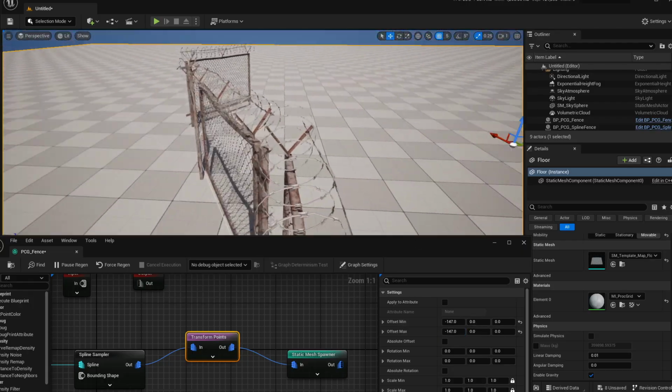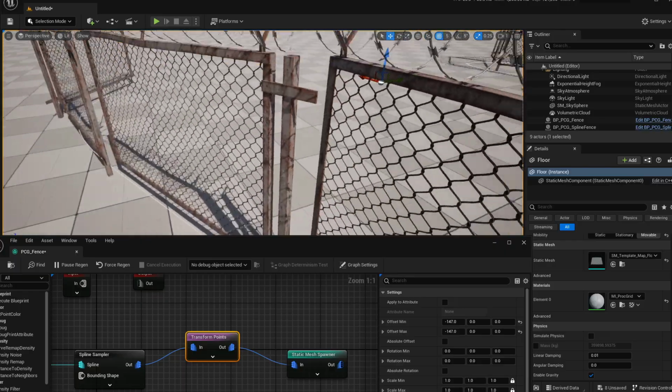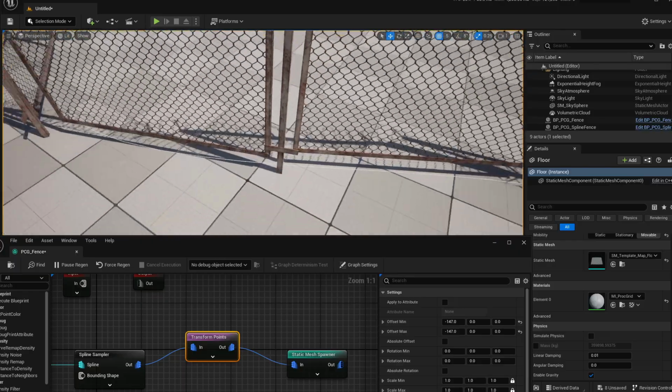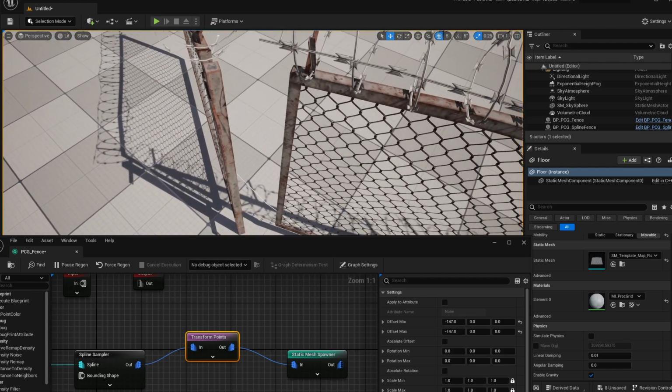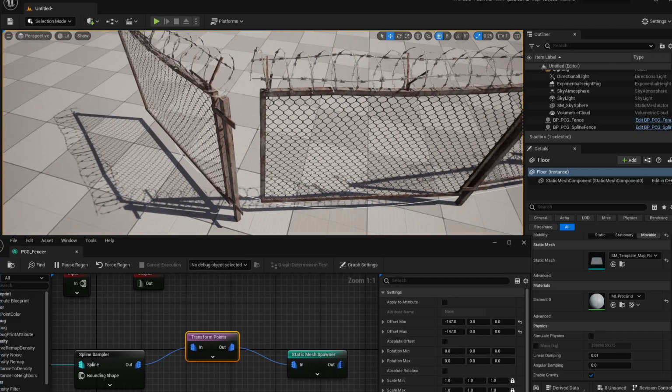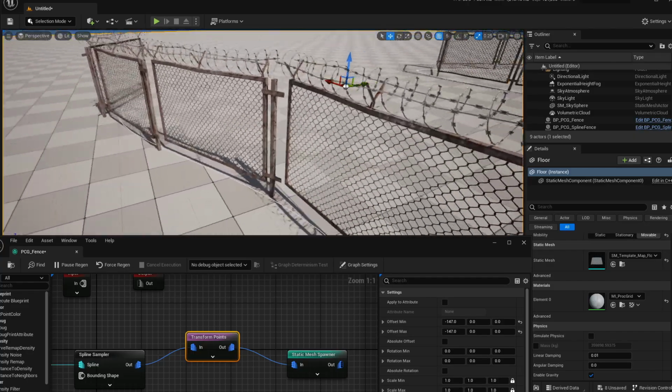It seems that it's not helping at all. So this is not proper solution for fences that are not crude looking like the one that's used in most